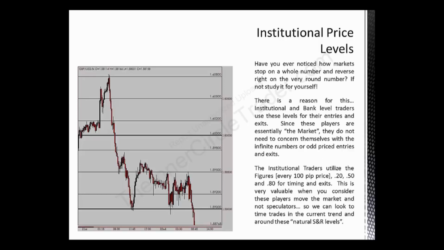Citibank is not having a trade out there with 159.17. That's not their order. That's not their block. Okay, they will have 159.20. They will have 159 evens. They will have 159.50. Okay, those levels are why many times you'll see what you think is a short-term support resistance level